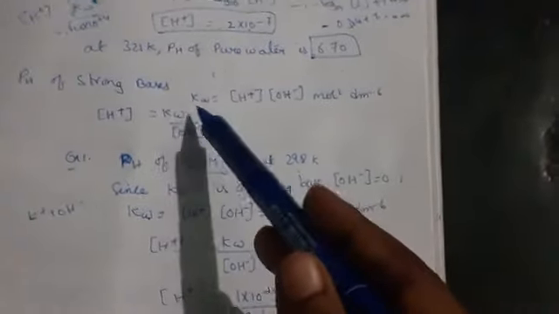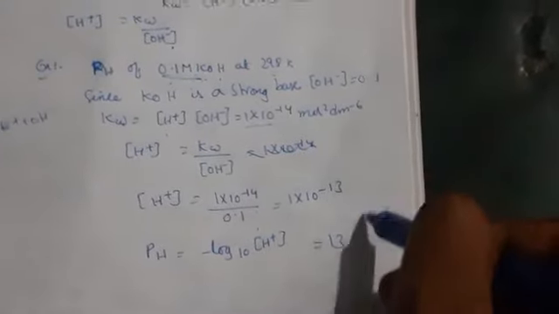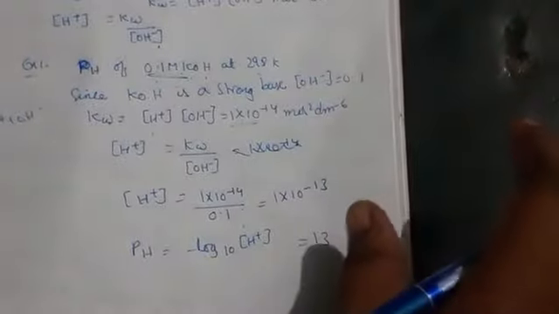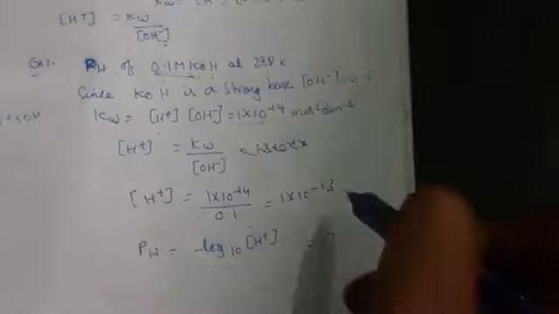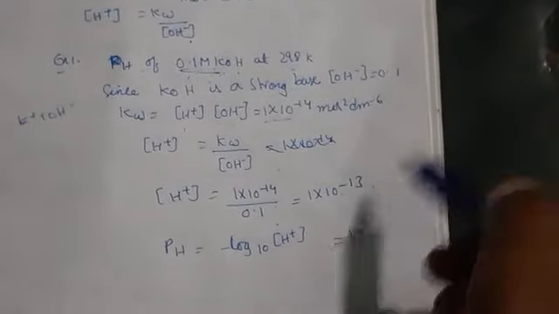Now you write the formula of pH. What is the formula? -log10 H+. Here log 10 of 1 gives the value 0, and for the 13, this is the value we are getting for the concentration of hydrogen. So by this we can say here the H+ value is less compared to OH-, for strong bases. So this is nothing but the ionic product of water for 3 conditions.